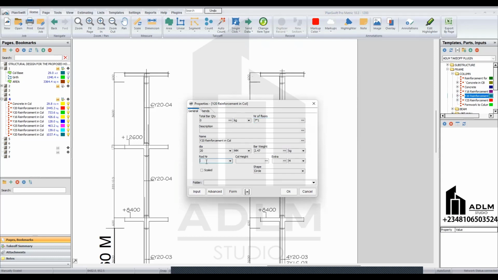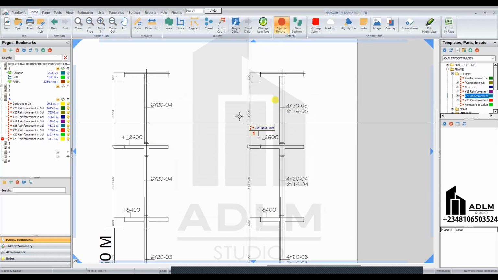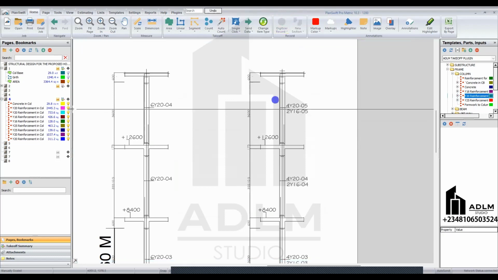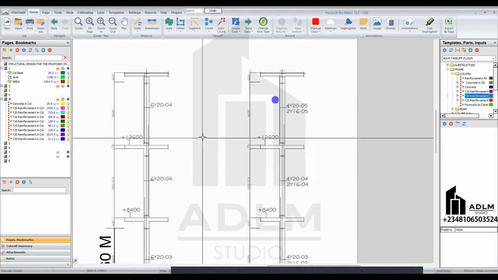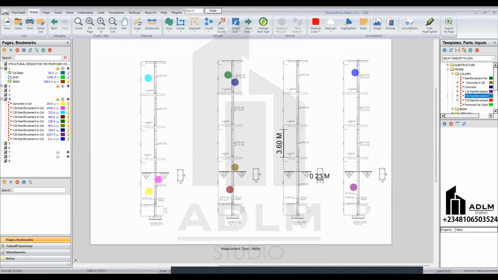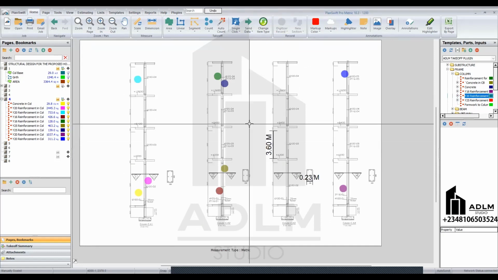Okay. Then the number of bars is 4. The height still remains 3.6. But the roof beam thickness, that's 0.6 plus 0.3. That's for the bend. Okay, then just turn this on. So you successfully measured for your concrete and reinforcement in these columns here, based on the design by the structural